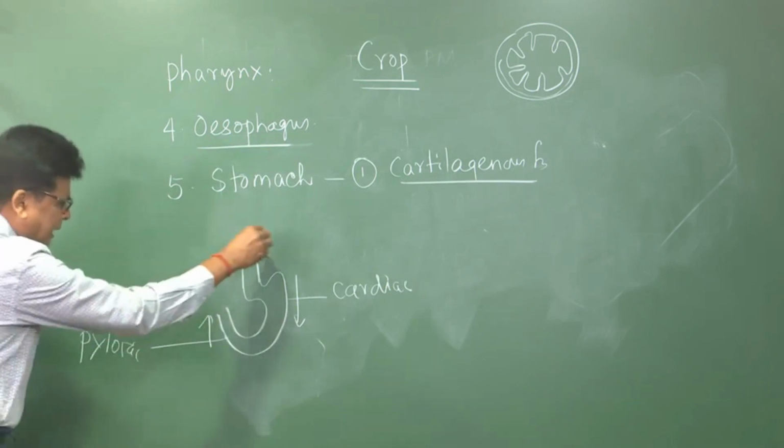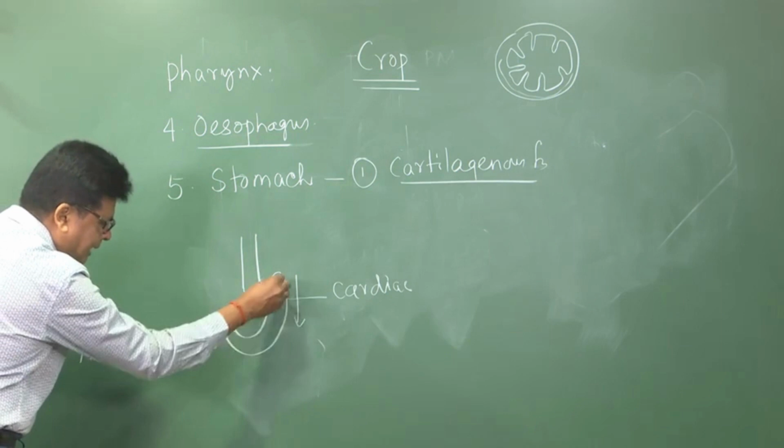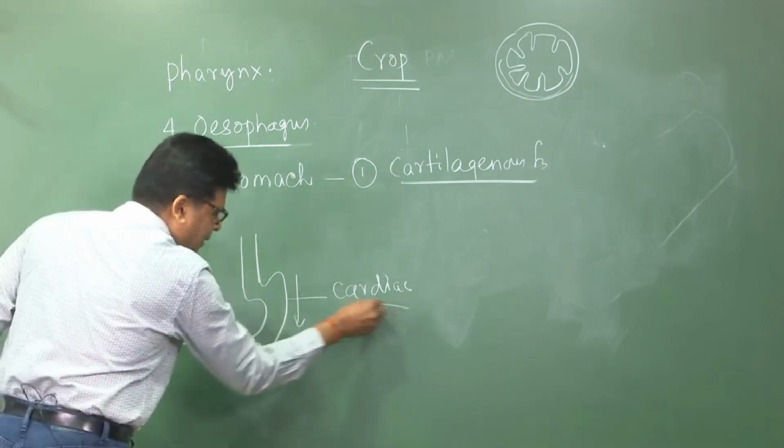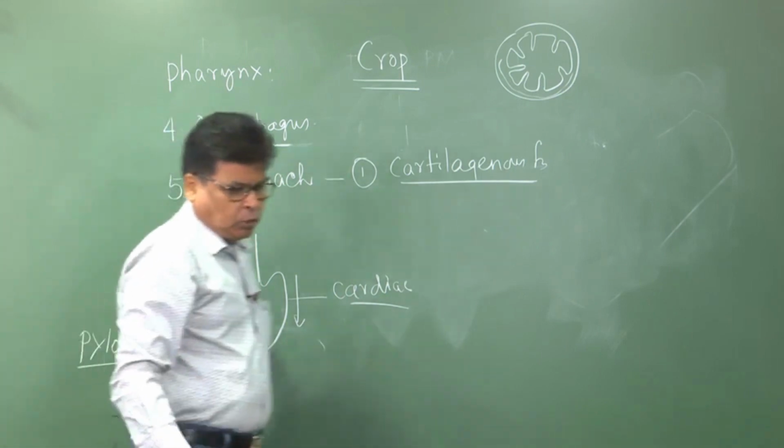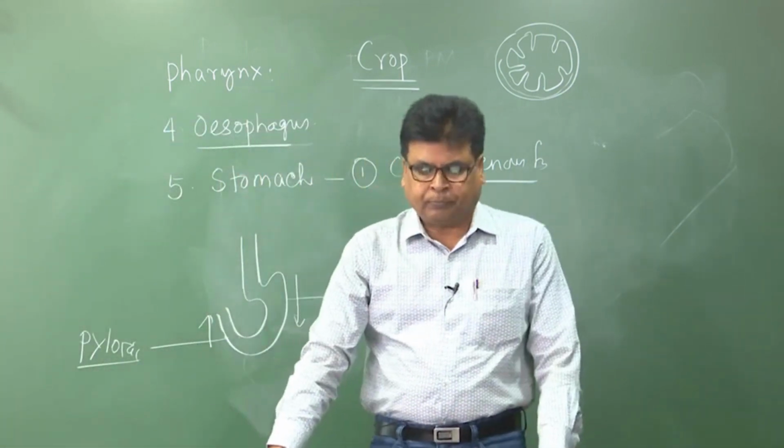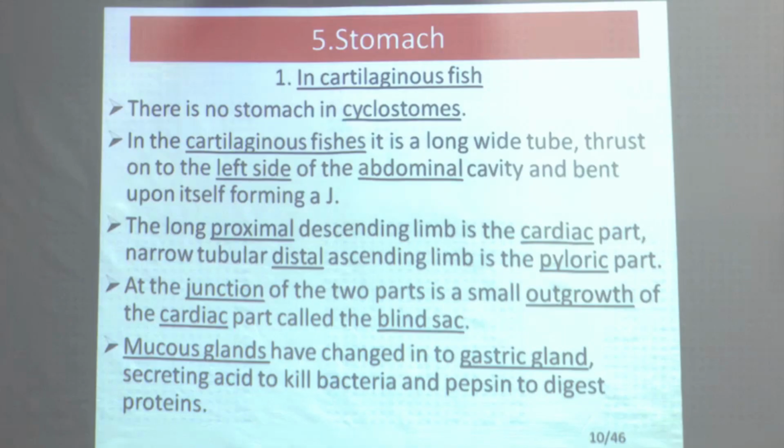As this is a J-shaped structure, the descending part of the J is the cardiac stomach and the ascending part of the J is the pyloric stomach. The cardiac stomach is to some extent wider, whereas the narrow tubular distal ascending limb is the pyloric part. At the junction of the two parts,